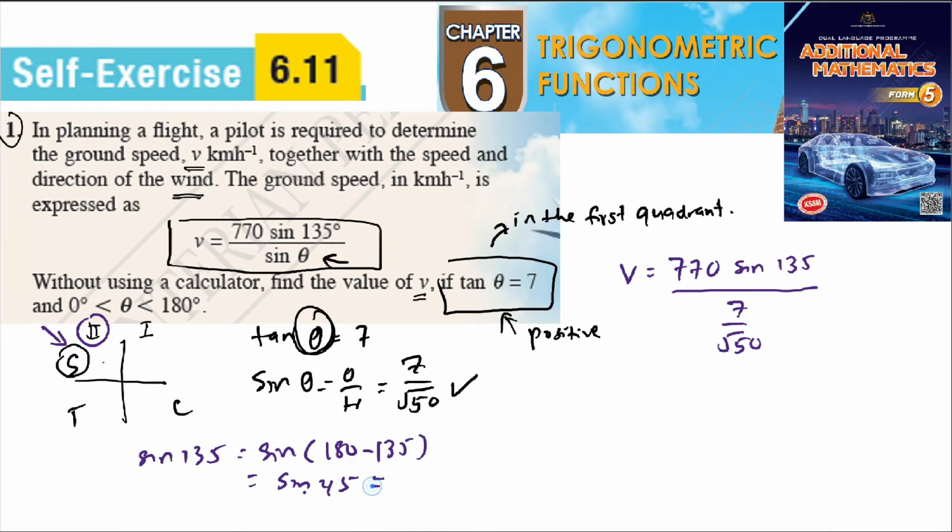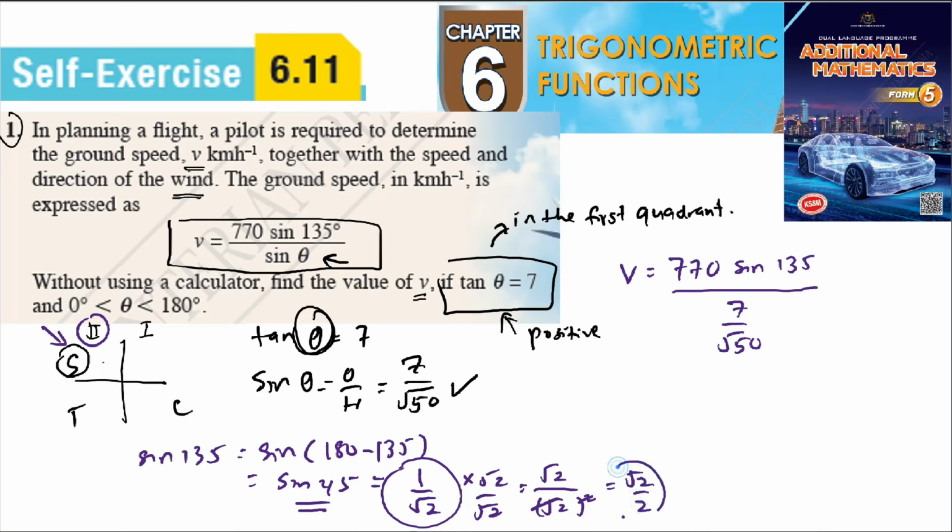So we know that this one is a special angle which we can calculate without using a calculator. So it is 1 over root 2. Or if you are using a calculator, which is not supposed to be used here, right? But in case you want to use a calculator, you will get root 2 over 2, right? What happened is that your calculator wants to remove the root, so it divides by root 2, root 2. So here we get root 2 divided by root 2 squared, where we can cancel out, so we get root 2 over 2. That's why when you use a calculator, you get this one.